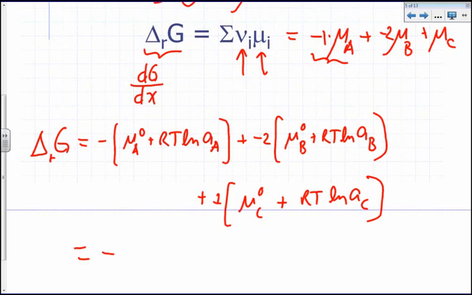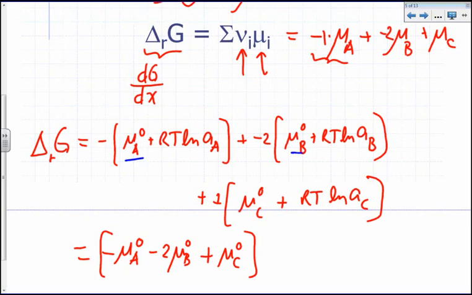So I have negative mu A naught minus 2 mu B naught plus 1 times mu C naught. So I'm combining these terms,